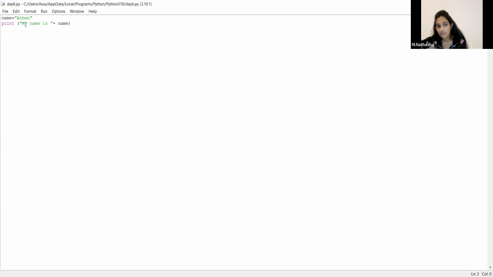Now we want to print "my name is" using the assigned value in the variable. So we write the program like print, open parentheses, double quotations, my name is, close the double quotations, and we are using a plus sign to call the variable. So you put plus and the variable name and close the parentheses. Got it, Putha?